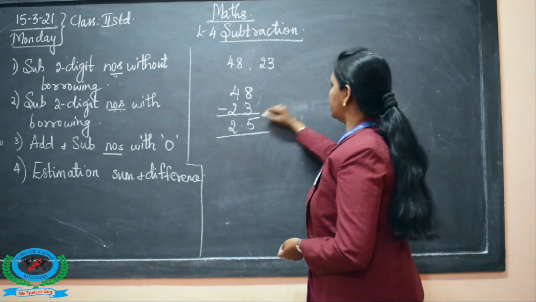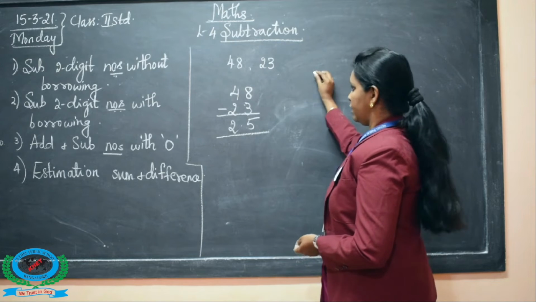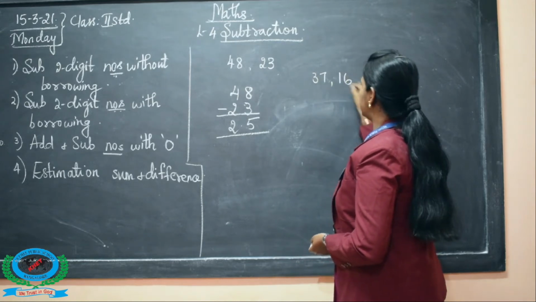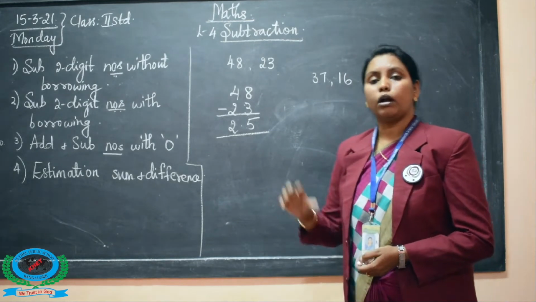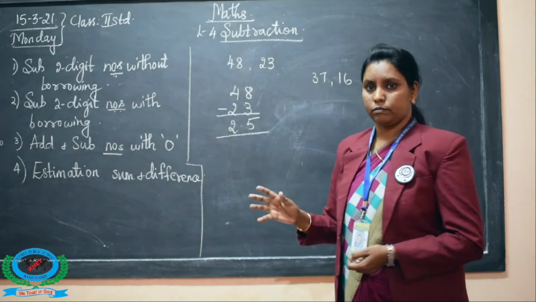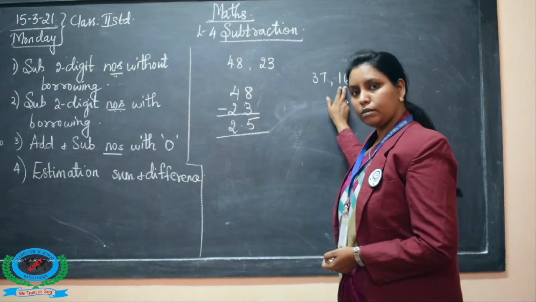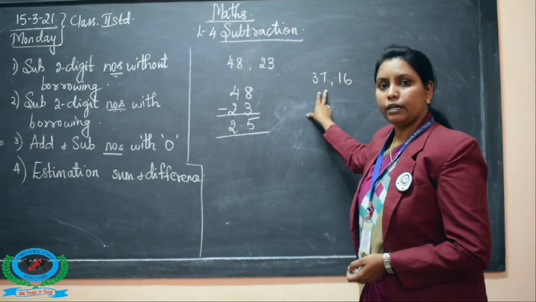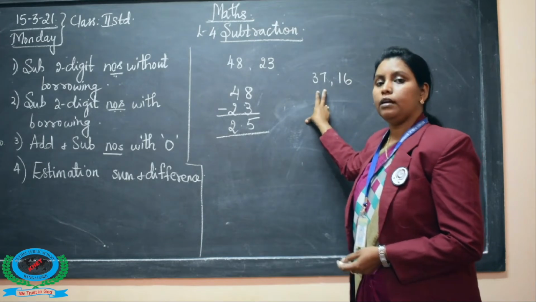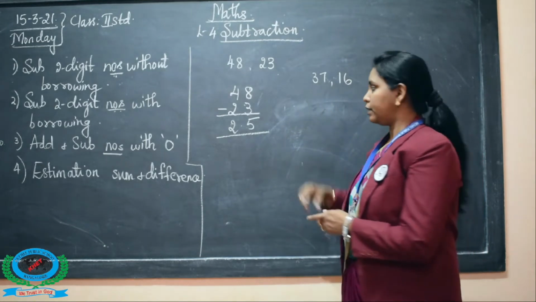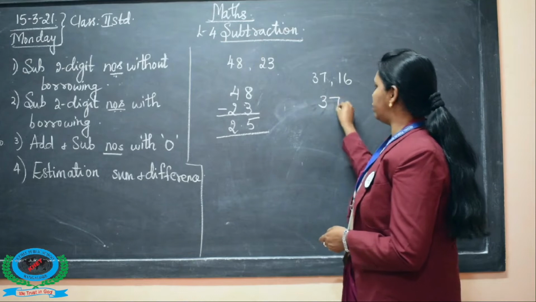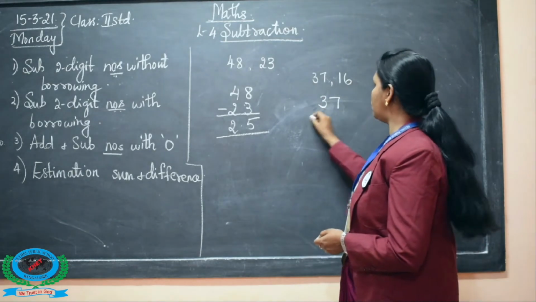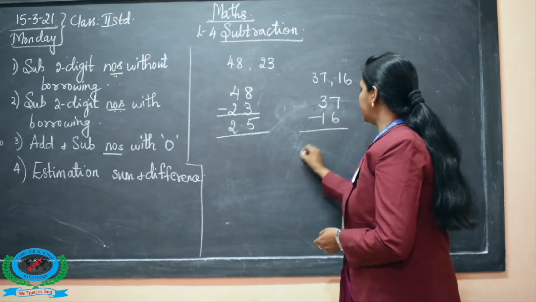Okay. So now what is the next example we can take is 37 and 16. So what we can subtract from what? So always a smaller number is subtracted from a bigger number. So which is a greater number here? Greater or bigger? 37 is the greater number. So you will write it first. And it is a smaller number there. 16 is the small number. We will write it here.